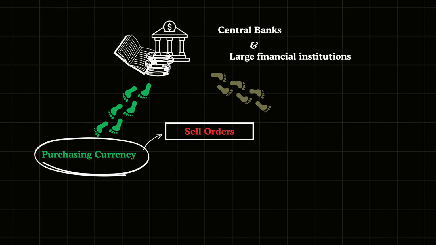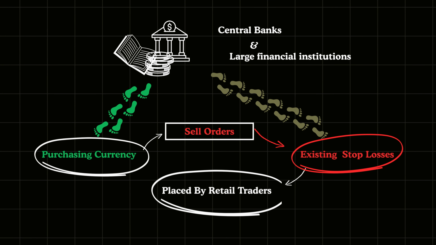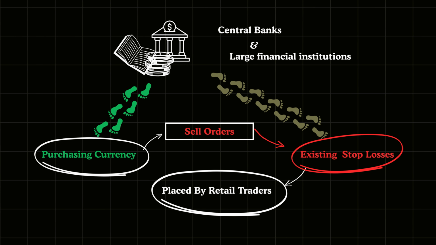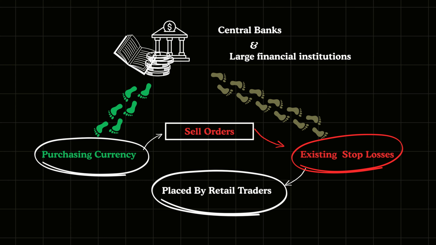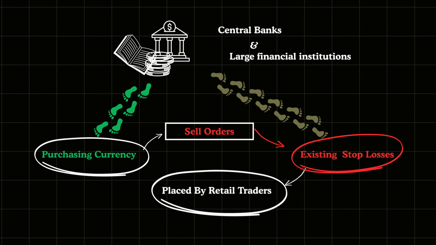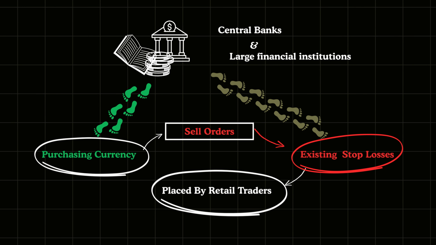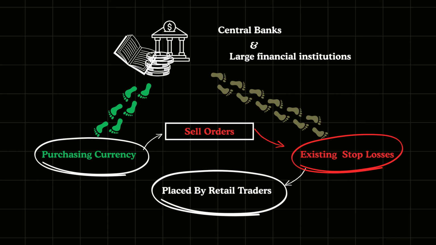That's why institutional players often rely on existing stop losses and buy stop orders already placed by retail traders. They use these orders as liquidity sources to execute their buy-side trades. On the flip side, if smart money wants to initiate a significant sell position, they require plenty of buyers to step in. The market doesn't always have enough active liquidity to support large-scale selling, so institutional players can't just dump